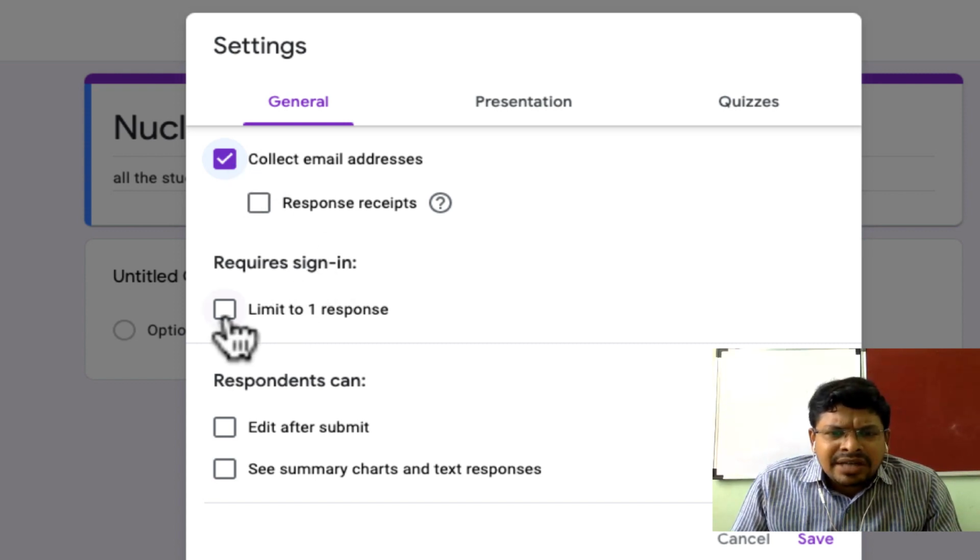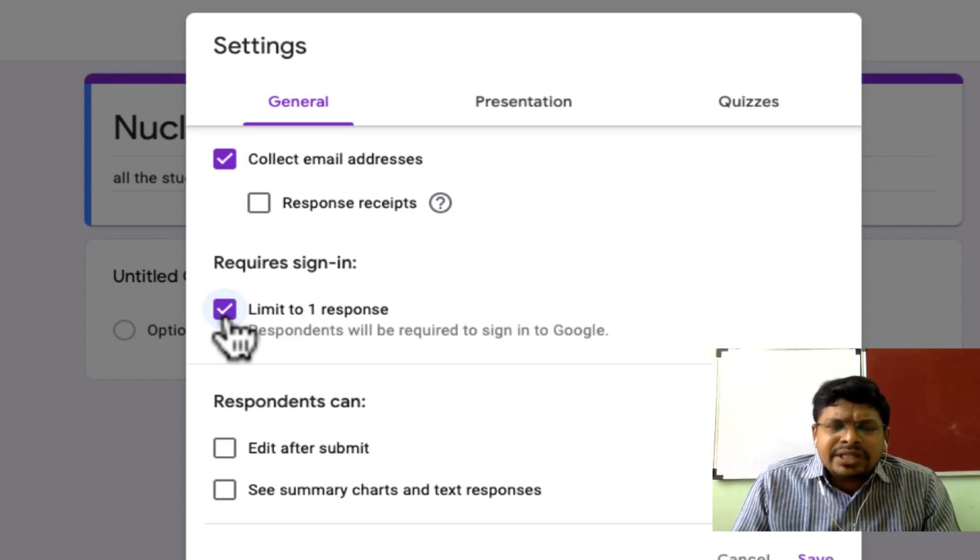And as these are multiple choice questions, we will give a limit to one response, because if you give more responses, it will be confusing when you get the final result of all students, so we have to limit it to one response.